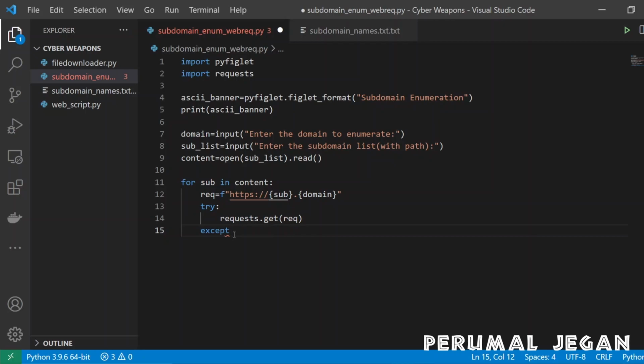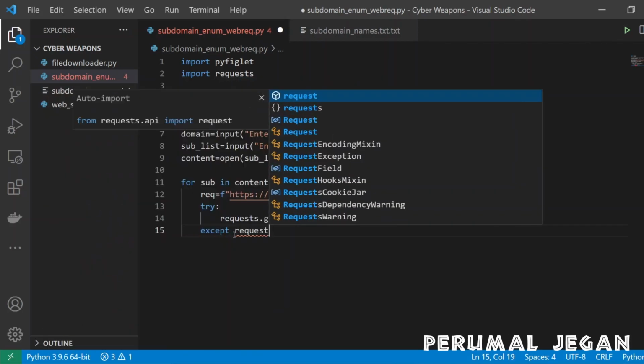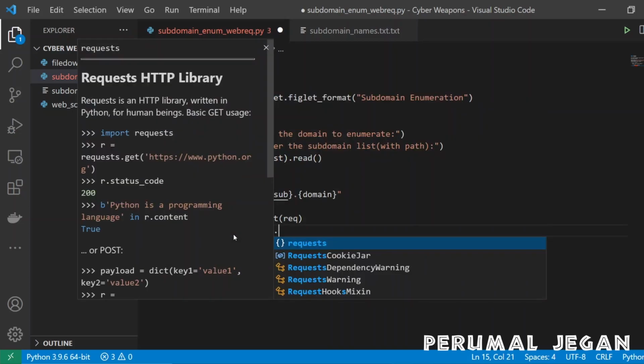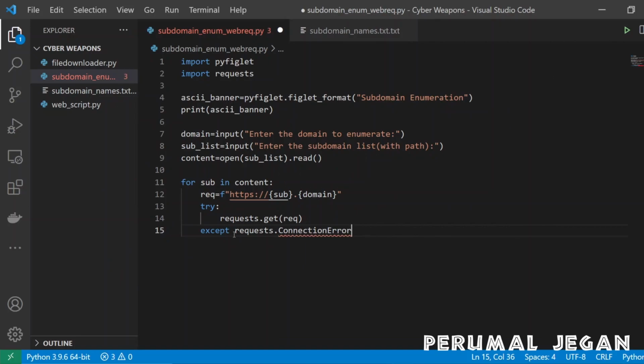So this is the use of the except statement. And in that except statement, I'm calling the requests library's connection error, the exception case. If there is a connection error, then this following sentence will be executed.